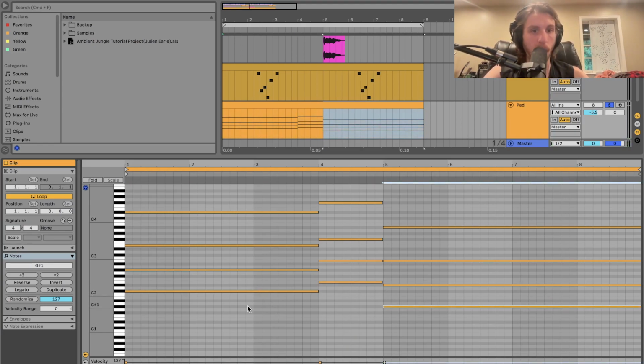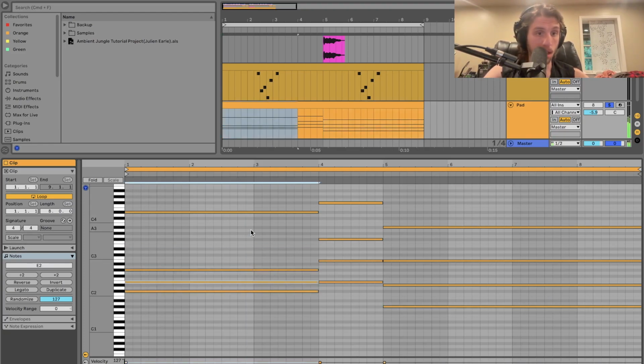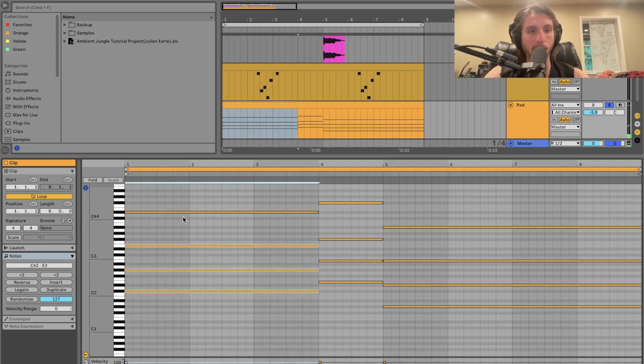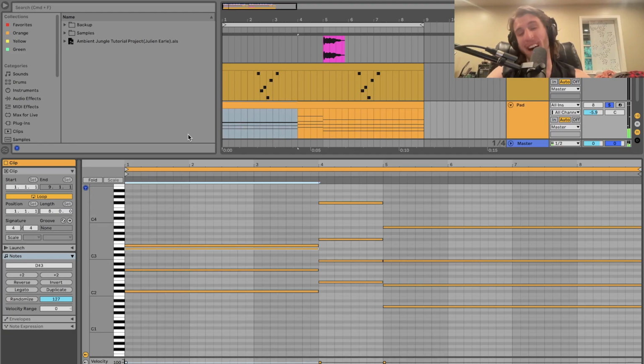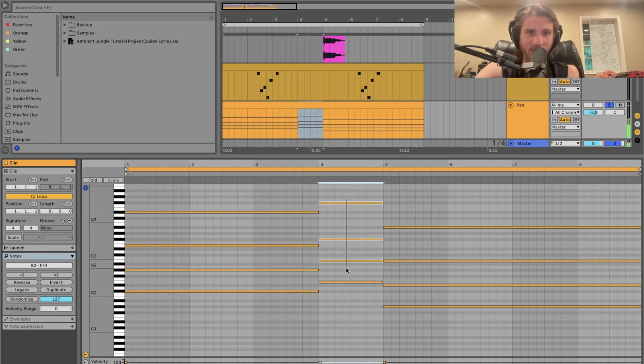So here, we've got this first one, C sharp minor. We have the root, we have a fifth. Then we have our minor third, so that's the basic C sharp minor triad, but I put the third up an octave so you get that spread out, more full epic sounding pad. And then we actually have a ninth up top. So this would technically be a C sharp minor 9, although we don't have a minor 7th, which is what you would typically have if you're doing a C sharp minor 9. So it's like a C sharp minor with an add 9, I guess. And then we've got this guy here. So this is just a pretty basic